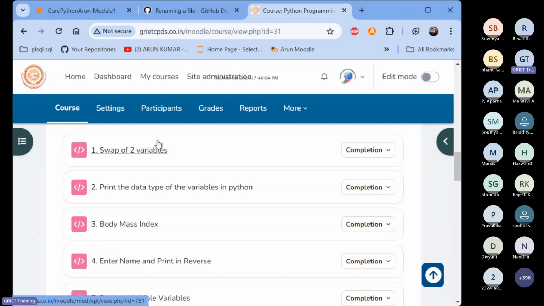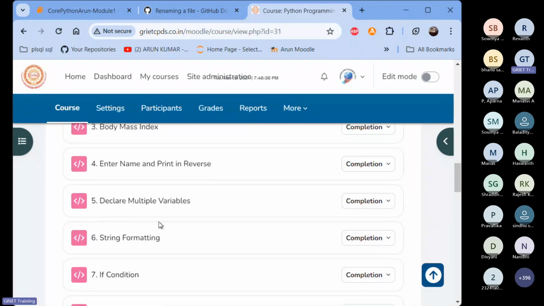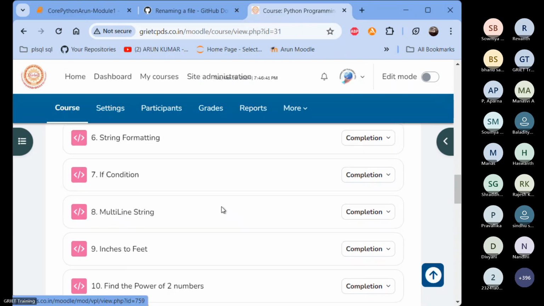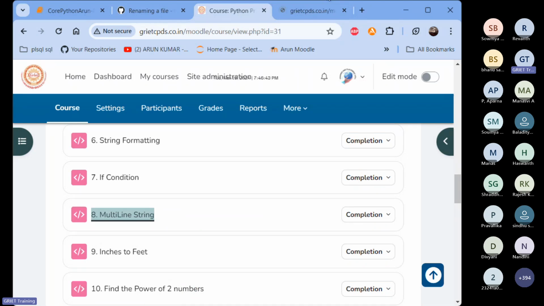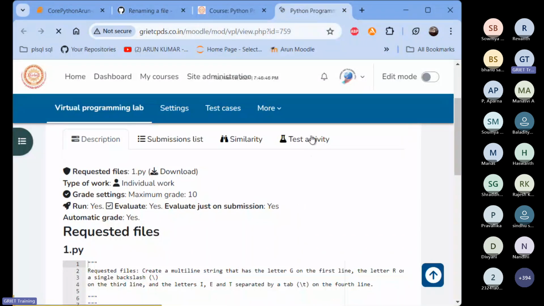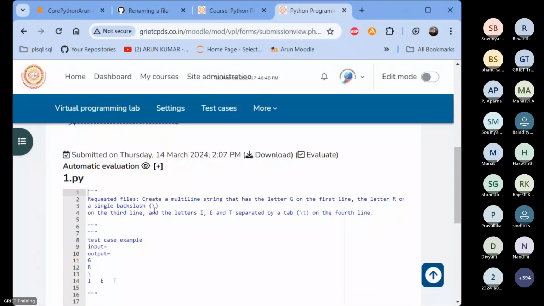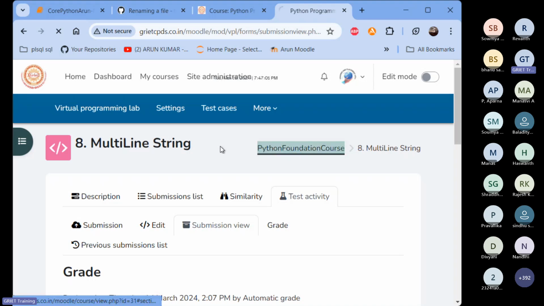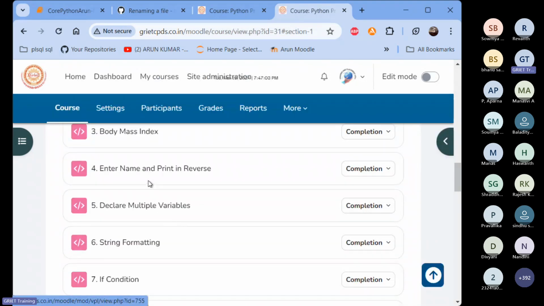Okay, so how many of you solved these problems? I hope at least 4 to 5 problems you might have solved today. You can see there is a multi-line string question. Based on today's session, you can execute this program. What you have to do is display the strings separately, then exactly go /t tab space, then enter name and print in reverse. Declare multiple variables. I think this one I didn't cover. So basically what you can do is